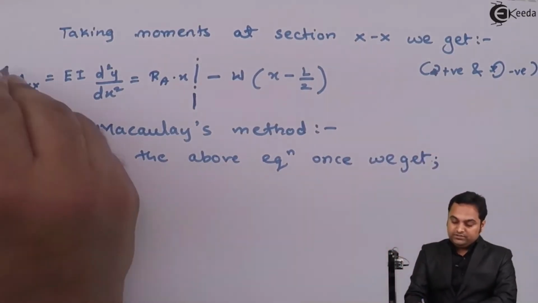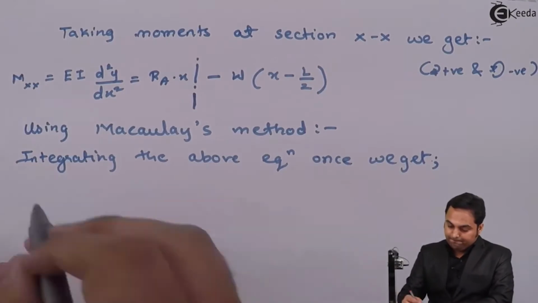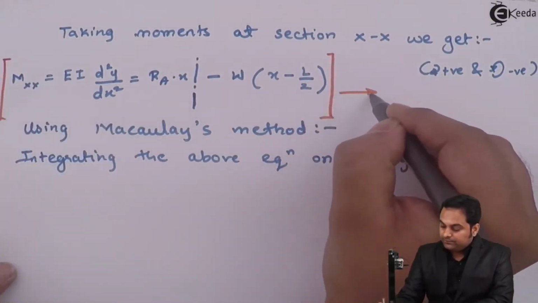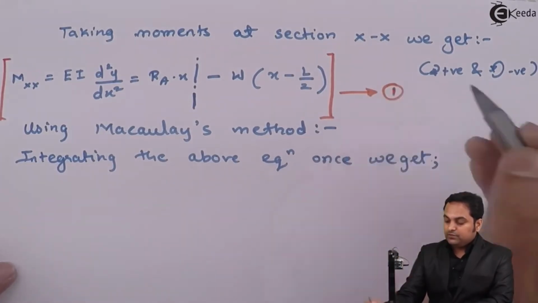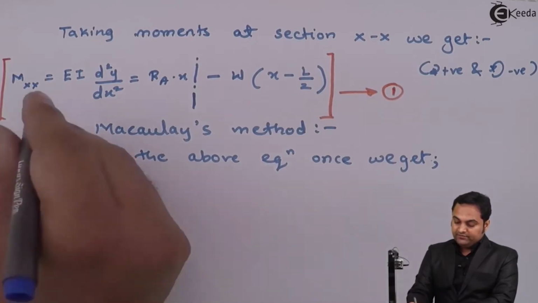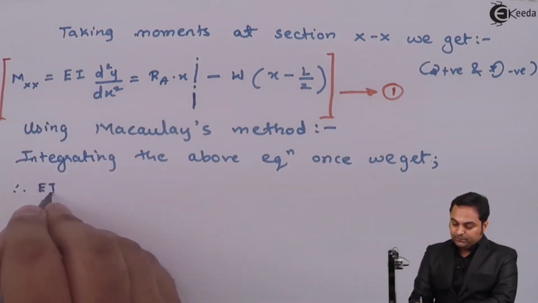Now, this equation, I'll call it equation 1, and this equation 1 we are going to integrate once, so we have EI as the constant,